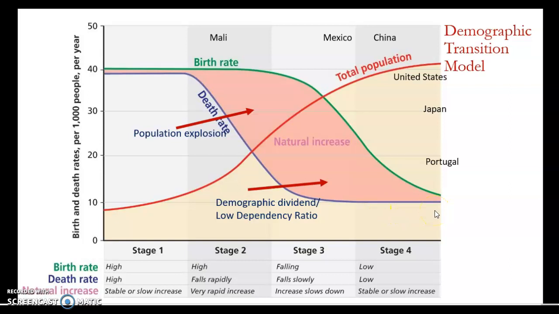So the medicinal advancements introduced in stages 2 and 3, and the increased opportunity for women, drive down the birth rate. With increased medicine, the cost of living and the cost of having kids grow here. So in stage 4, children are seen much more as a financial liability than in stage 2, when they are considered more of an economic asset.